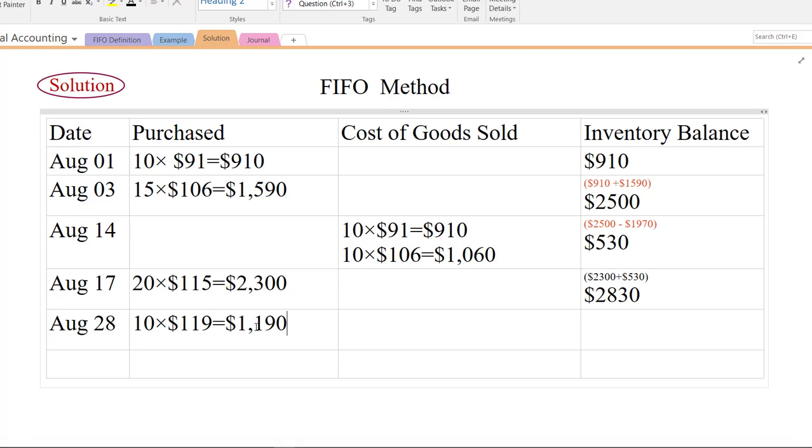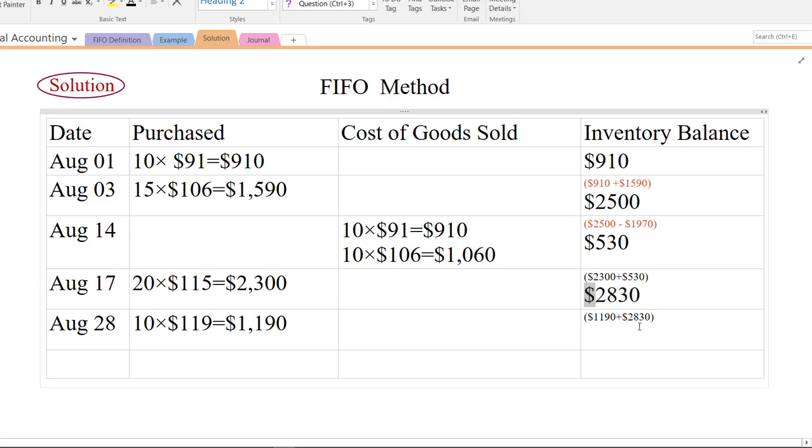So what we do, students, we have to add 1,190 plus 2,830. Let me write the working note here, students. 1,190 plus 2,830, right? So this is equal to